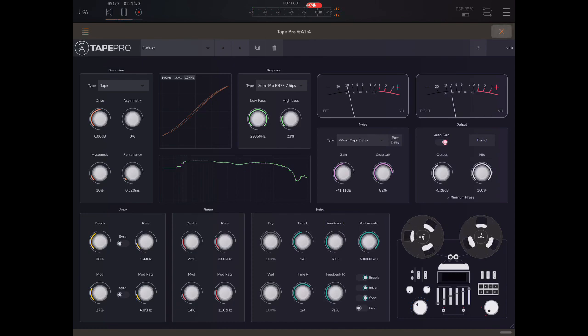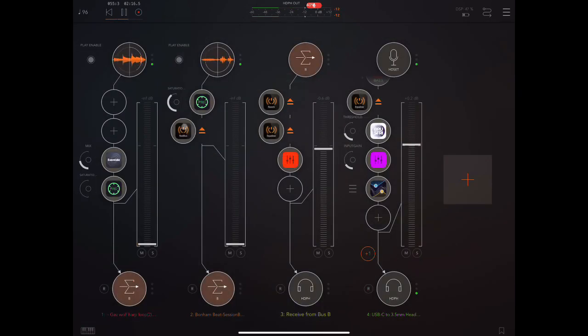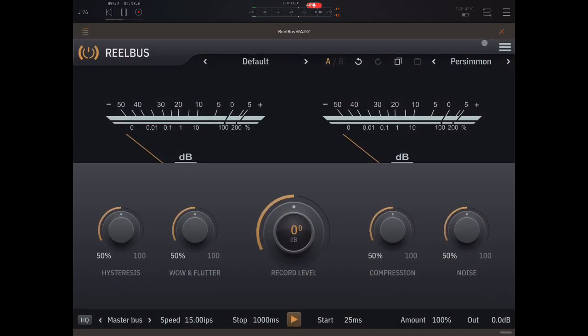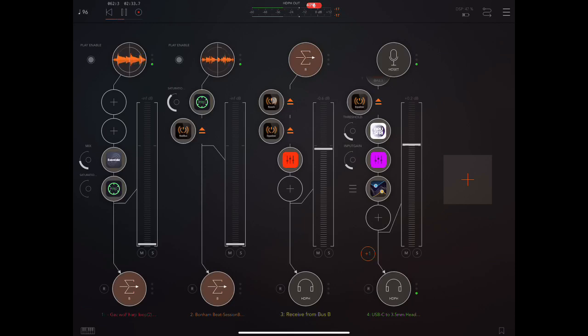Also later in the video, if I have time, I will briefly mention some of the differences between this and Reelbus, which I have reviewed before. But in general, if you want to compare these two apps, which are very similar, basically, if you want the details, you should watch my video on Reelbus. It's also a very cool app. All right, so first let's listen to